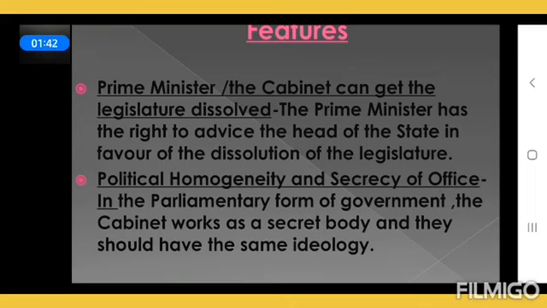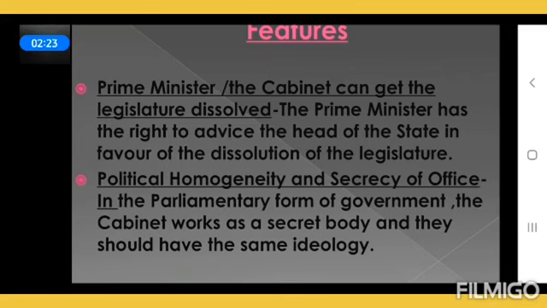Okay, so the cabinet meetings are kept very, very secret. And who fixes the agenda of the meetings of the cabinet? The Prime Minister fixes the agenda. The meetings are kept secret, the deliberations are kept secret, and so are its decisions, till they are made public. The decisions made by the cabinet are made public either by the prime minister or by other ministers who are authorized by the cabinet to communicate the decisions to the legislature, to the head of the state, or to the people at large.